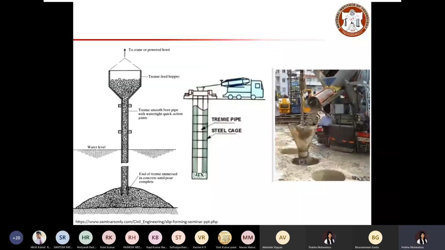Here you can see the placement of the concreting. You have the hopper where you fill the concrete, and then you have watertight joints here. You have some sealants where you can close and open the part, and then you have the opening.